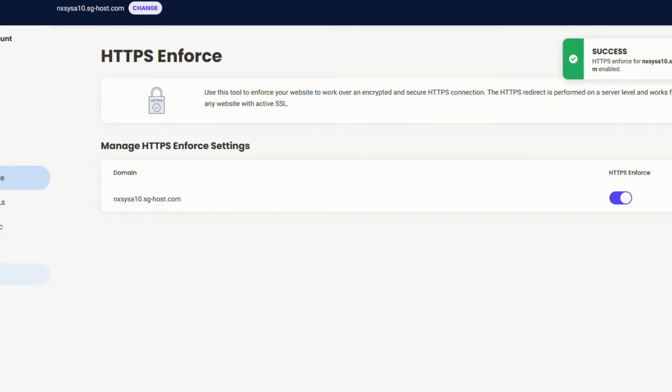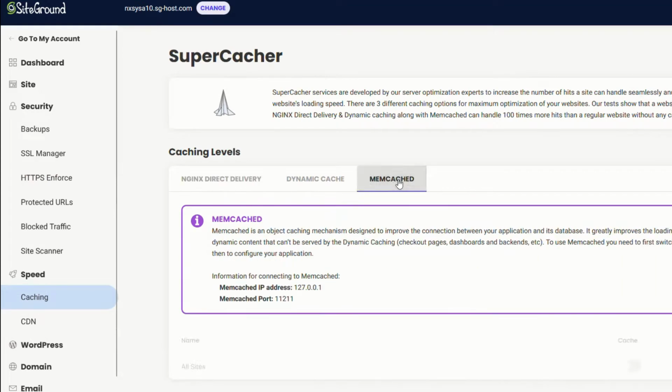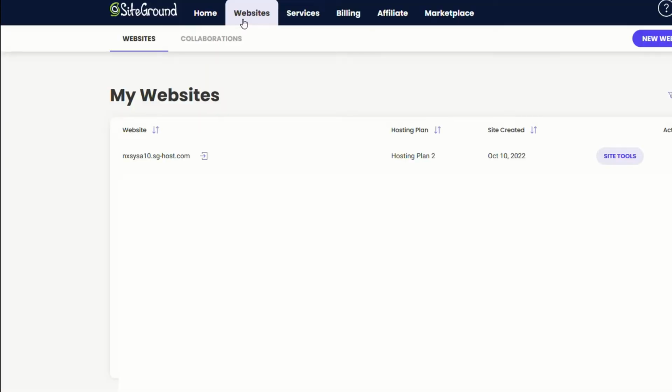Next we want to go down to speed, we'll go to caching and we'll go to this memcached and we're just going to turn this on to help improve the performance of our site. That's all we need to do here in SiteGround. We basically don't have to come back here again. That is all done. We'll go back to our account and if we click on websites, you'll see the list